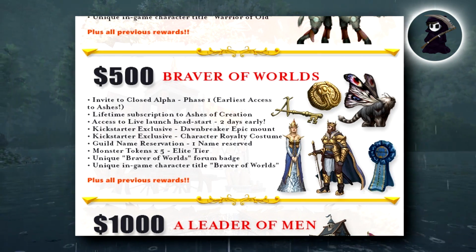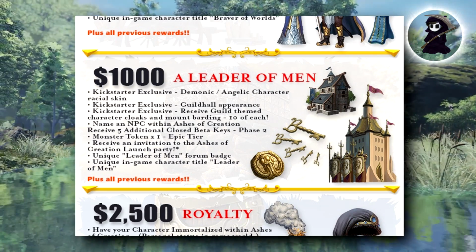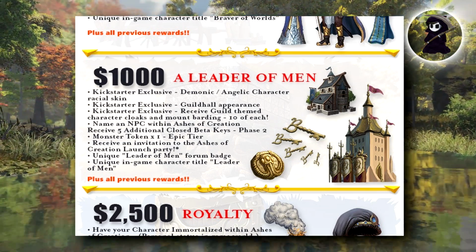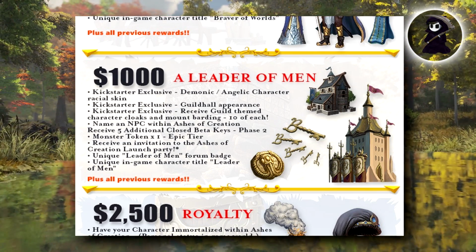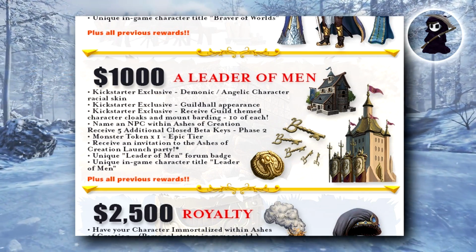The next package is for those aspiring guild leaders. Those that not only want to lead, but to have all the bling that goes with it. Yes, it's the $1,000 A Leader of Men package. And this comes with some badass Kickstarter exclusives, a demonic angelic racial skin, guild hall appearance, receive some guild themed